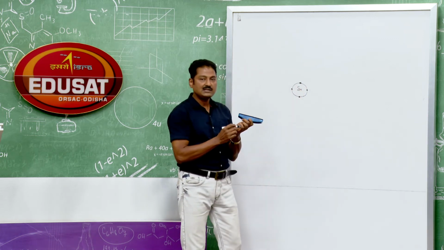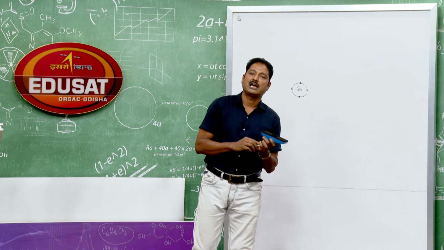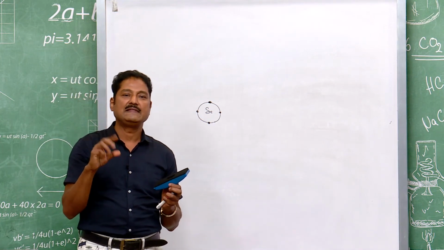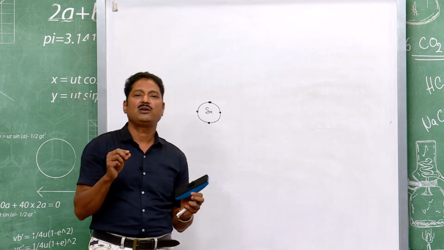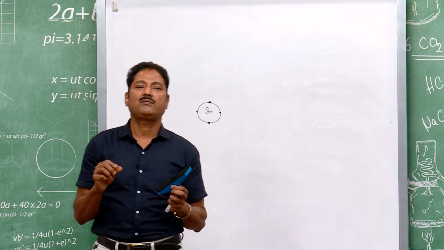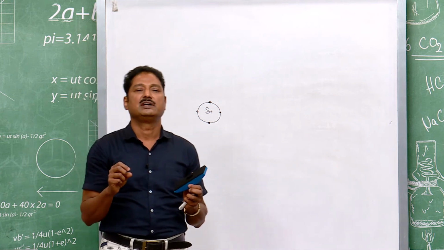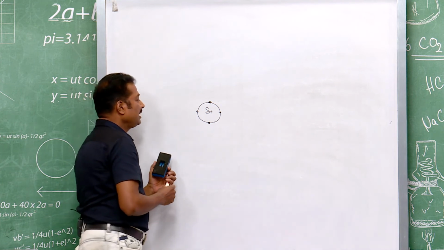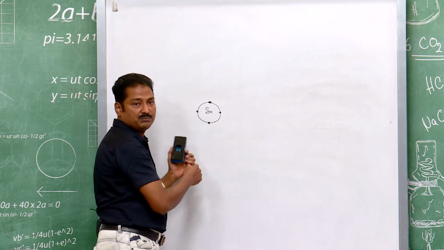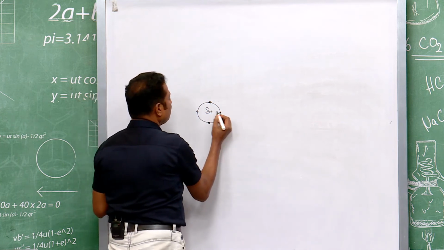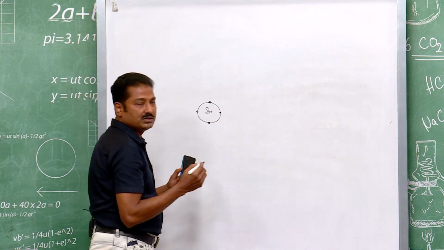Usually the valence electrons decide the type of material. When there are 4 valence electrons, they are semiconductors. When there are 1 or 2 valence electrons, they are usually conductors. When there are 5, 6, or 7 electrons, they are usually insulators. So, this is a semiconductor. It has 4 valence electrons. So, these 4 valence electrons, they are